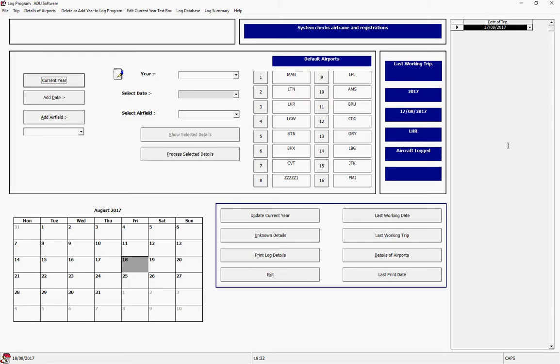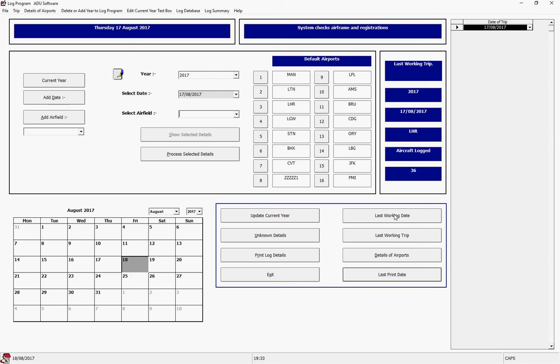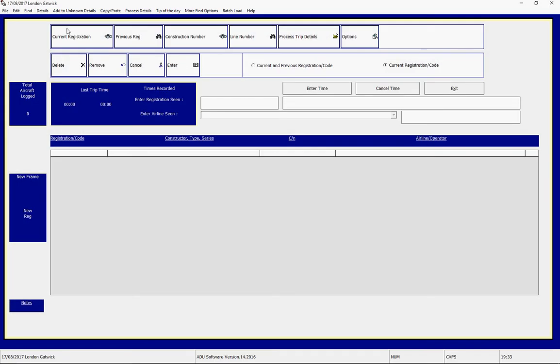You return back to the main screen. On the right hand side there's your indication of your last working trip, and now we're going to add another airfield. Click on the button last working date. This time I'm going to select the default airport number 4, and by clicking this will take you straight into